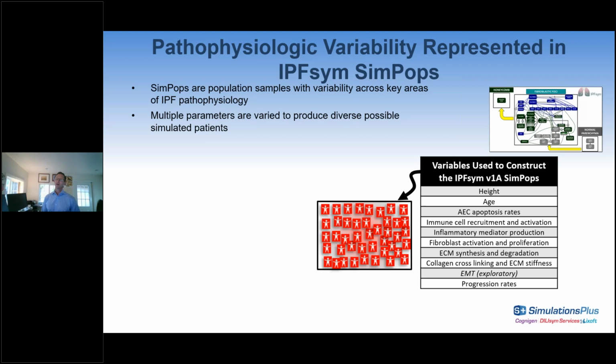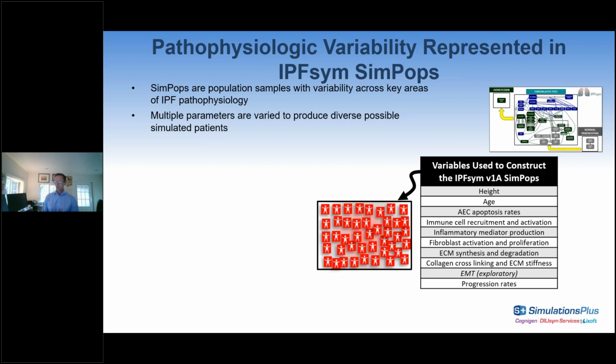A, within the model, what are the key processes representing the pathophysiology? B, within the literature, what is the range of responses or range of characteristics of the various aspects of the pathophysiology? That last part, the range, is critical. And then what are the parameters that correspond to those specific ranges that you would see in the pathophysiology?